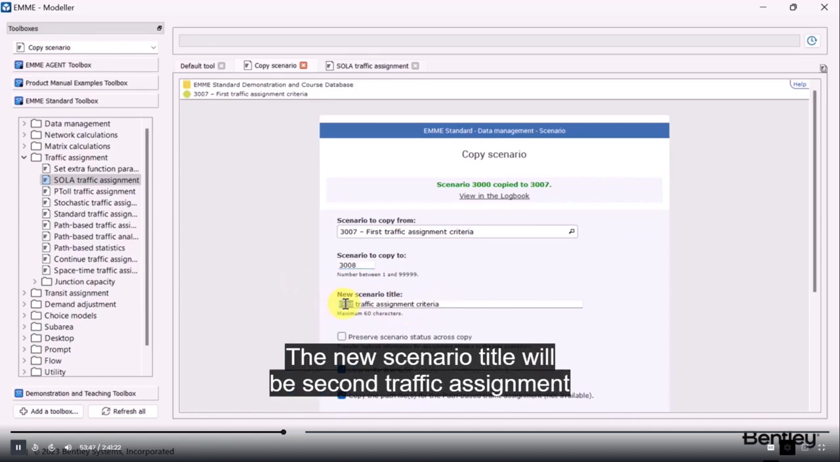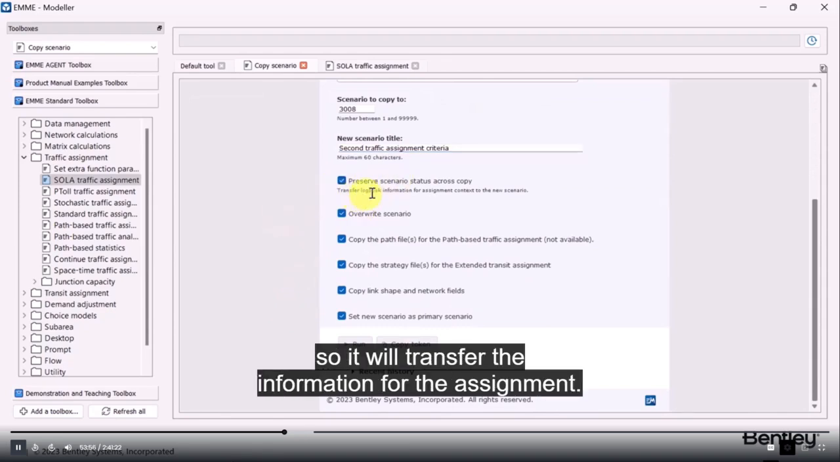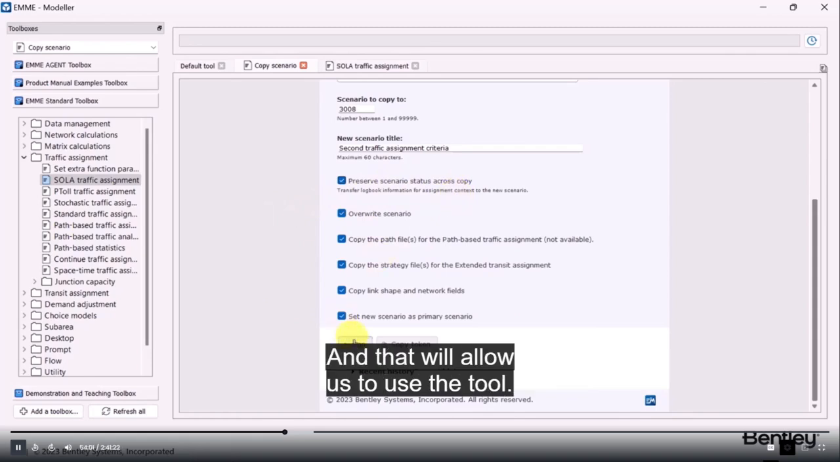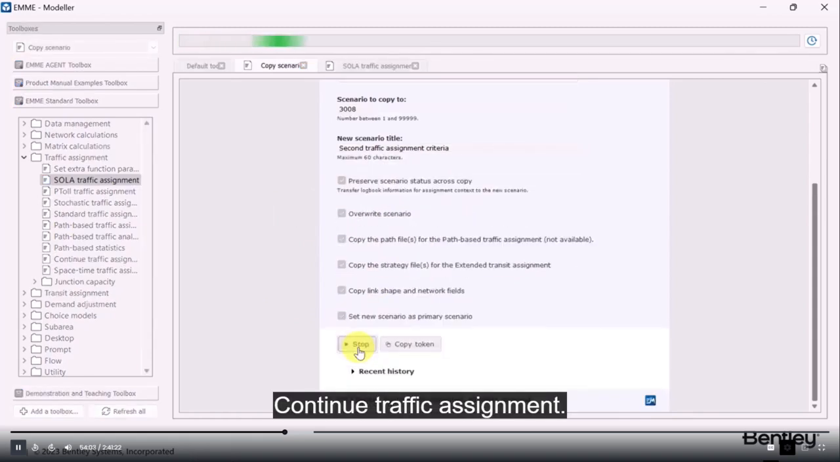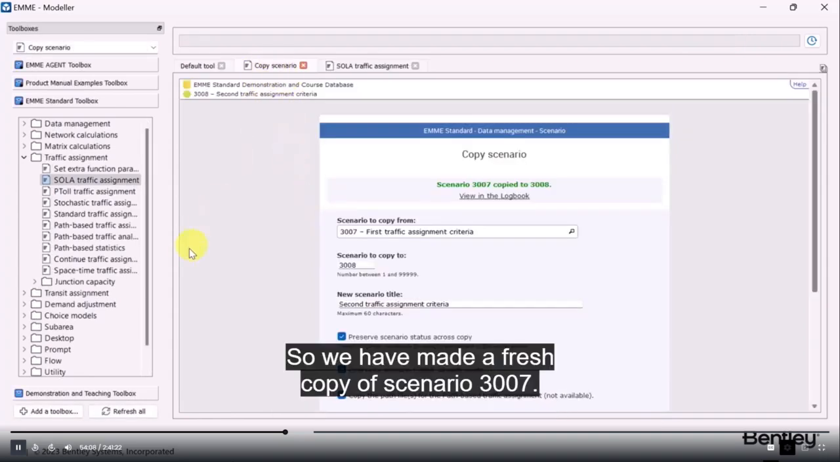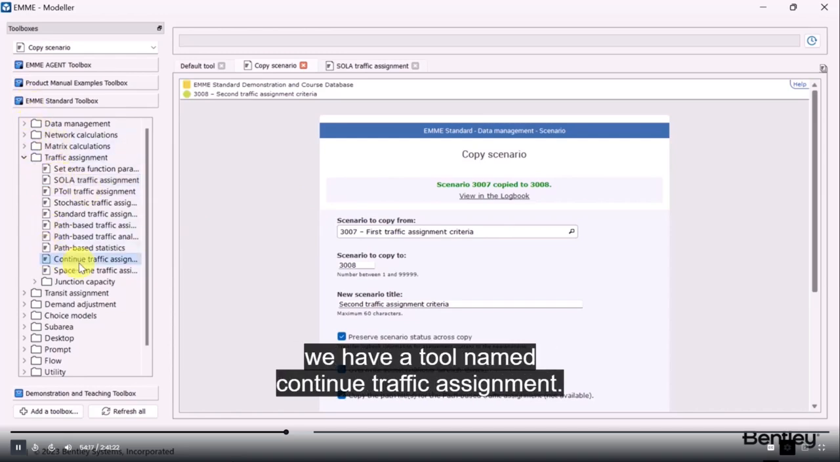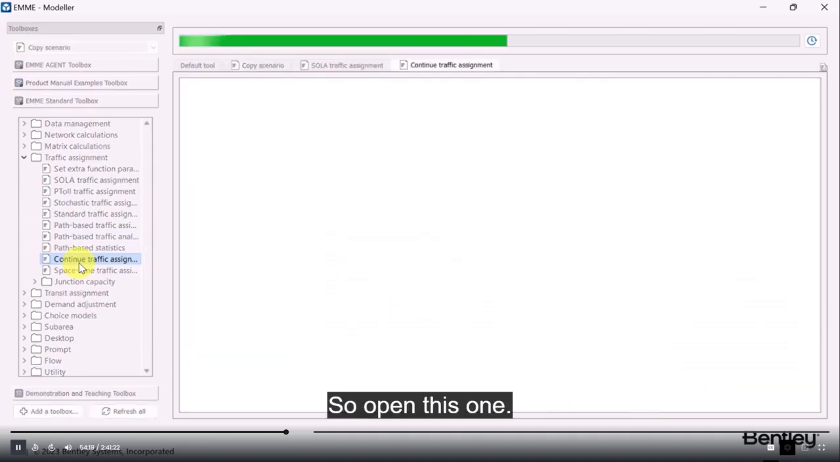The new scenario title will be second traffic assignment criteria. We will preserve the scenario status across the copy. So it will transfer the information for the assignment, and that will allow us to use the tool continue traffic assignment. So we have made a fresh copy of scenario 3007, and back in the EMME standard toolbox under traffic assignment, we have a tool named continue traffic assignment. So open this one,